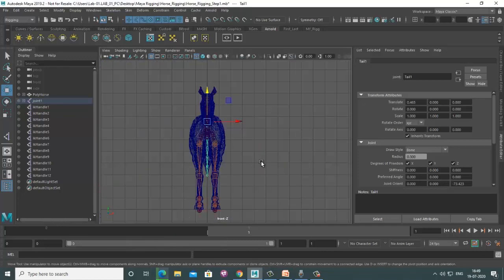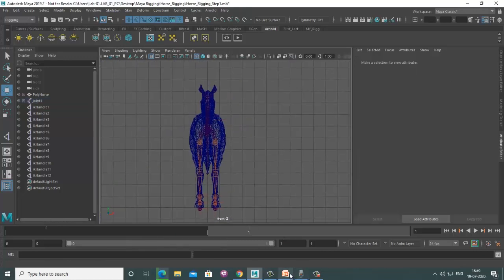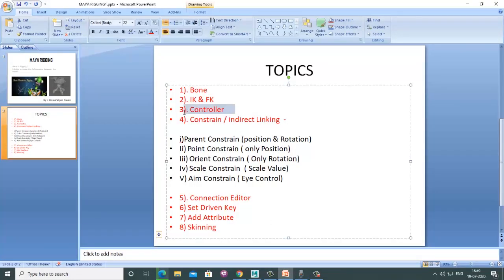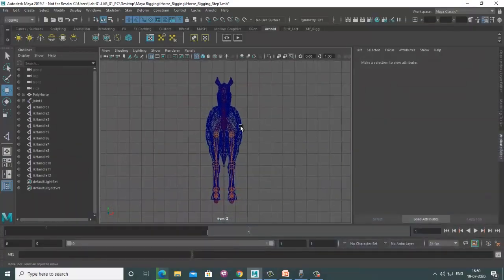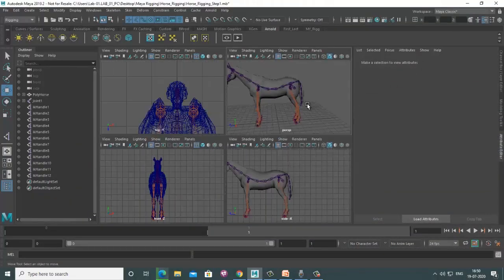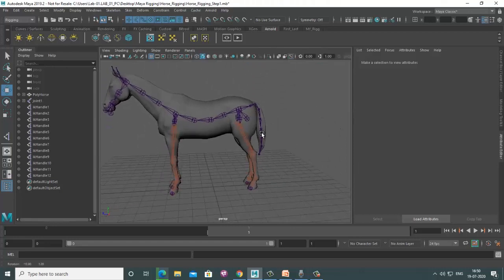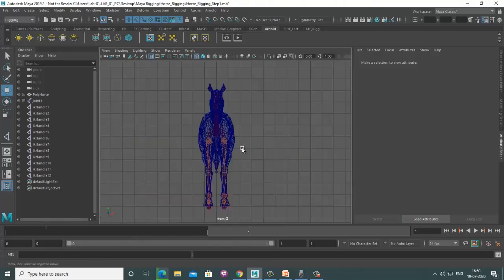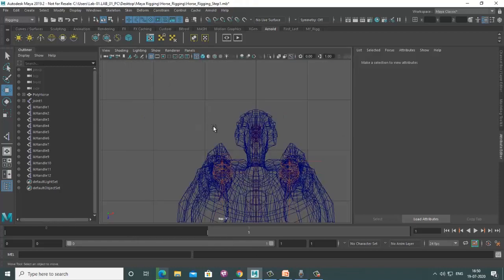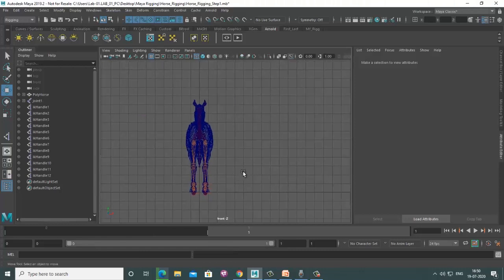The third thing is that the controller always helps. You make a kind of control. Whatever expression you need, whatever deformation you need, you change the controller, then you can see the output. So that is the time to use the controller. So now I am creating some certain controllers for that part pose.